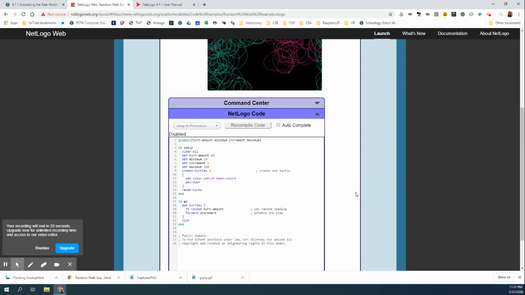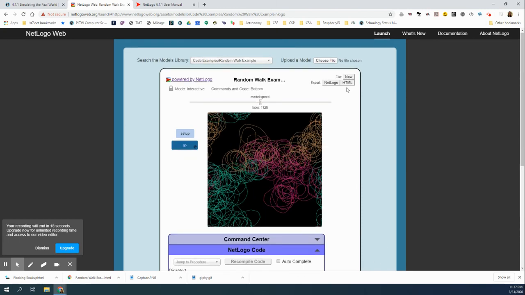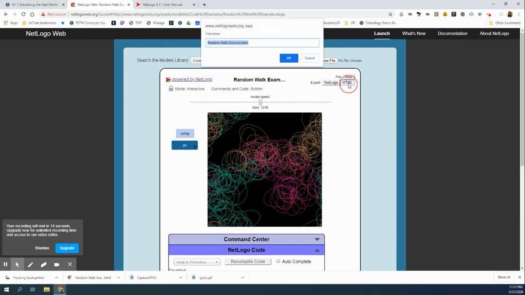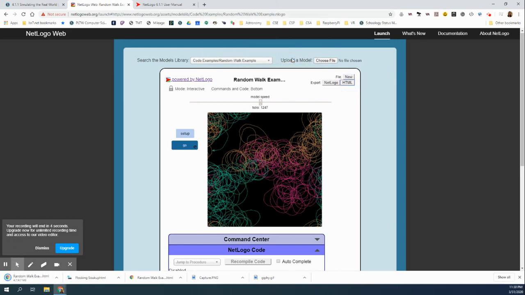And then we're going to save our model. Okay, to save your model, I would like you to save it for me as an HTML file. And just put your name in it so I know whose is whose. And that will save it as a file that you can